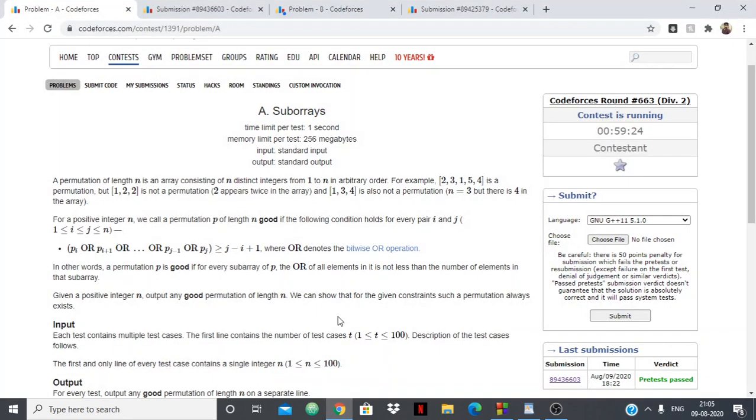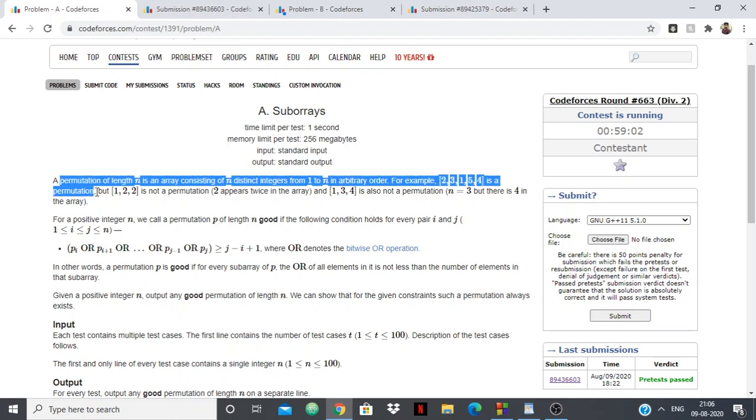So in this video we're going to see the solution to the first and second problem of Codeforces Round 663 Division 2. I did the first and second quickly, but I can't get a move on the third one, so I decided to just make some videos as I hadn't in a long time. Both of these problems are very easy. So let's look at the first one.